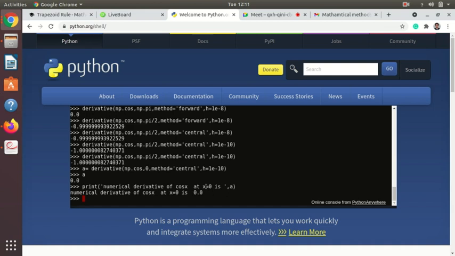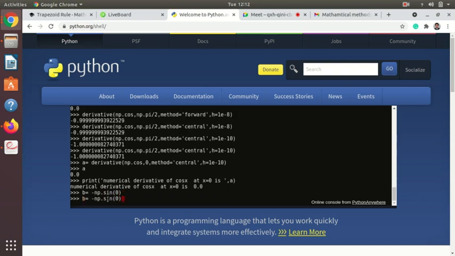Okay, so here when you are going to write x equal to something, in that case you can write pi. Okay, in that case you need not write np dot pi because it is not a command. Also you have to print the analytical derivative of cos x, which is minus sin x at 0. We will find out. So I will name it b is equal to, I know what is derivative of cos x, it is minus sin, but I will write np dot sin and at 0. Okay, yes, at 0. So it is stored value.